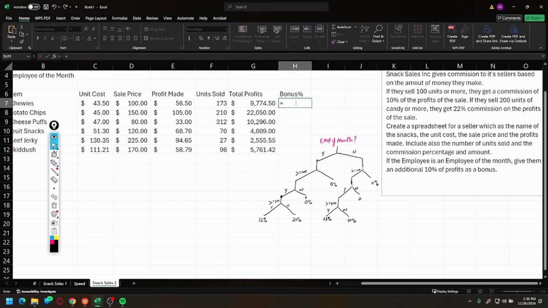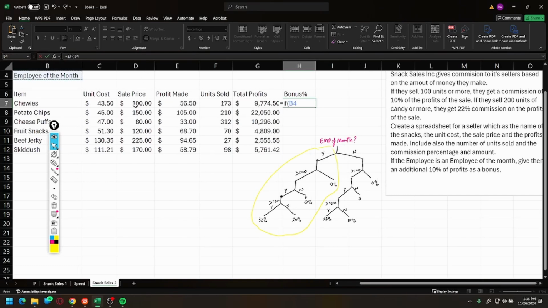We're going to check a few things first. So let's work with one side first. We're going to work with the side on the left side here and create our if functions based on that. So we say if this person, for the bonuses, if they are indeed the employee of the month, that's B4. If B4 equals employee of the month,